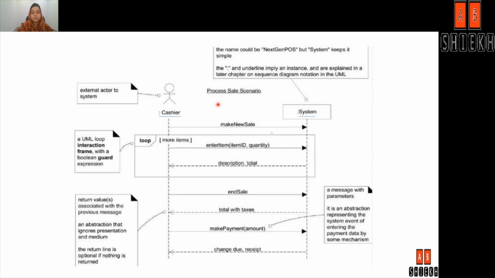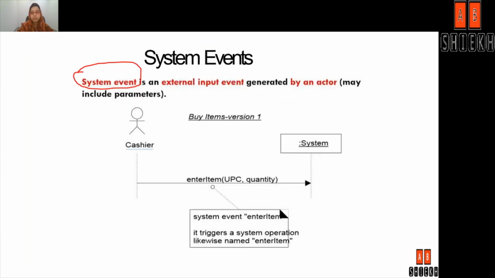Just as in system scenarios, the sequence of actions was important, here in the SSD, aka the system sequence diagram, the sequence of operation or event calls is also important. All the operations must appear in a certain sequence or order in order to have a successful execution of the operation. System events are initiated by the actors, which in result trigger an operation at system level, which requests a response from the system.